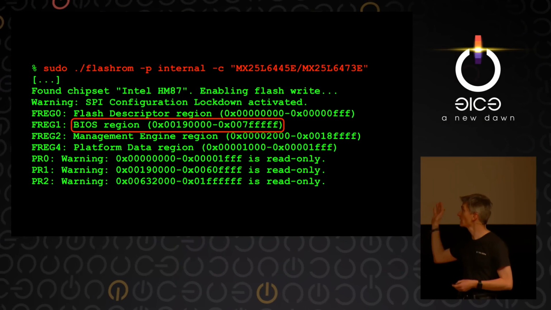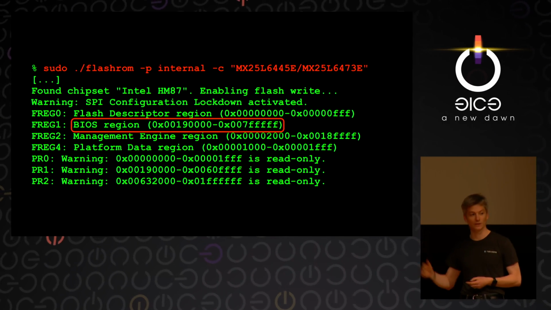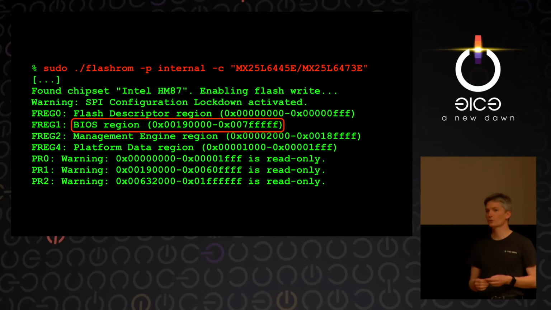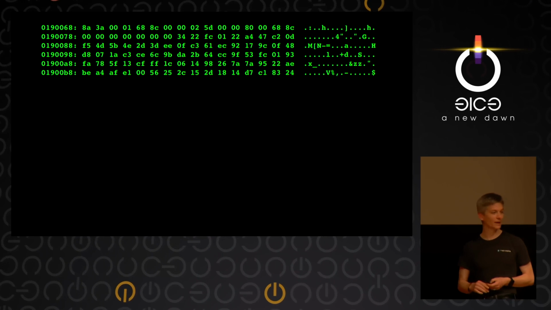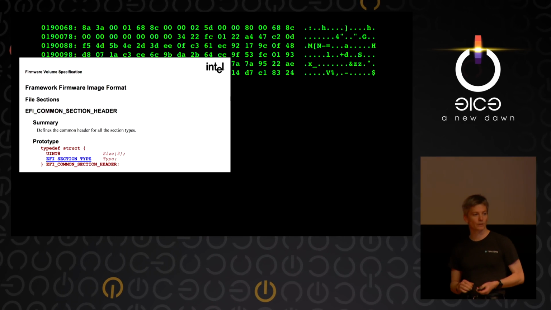So to figure out what part of the ROM to look at, we can decode the flash descriptor region of the ROM. And flash ROM tells us that the BIOS is the latter part of it, from 190000 up until the end. So let's look at what's stored at the start of that BIOS region. And again, we can go back to our hex dump. And it looks like a firmware